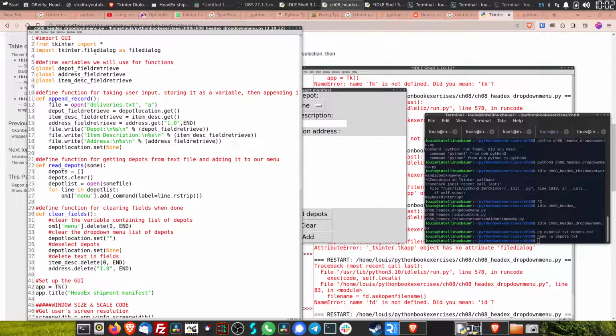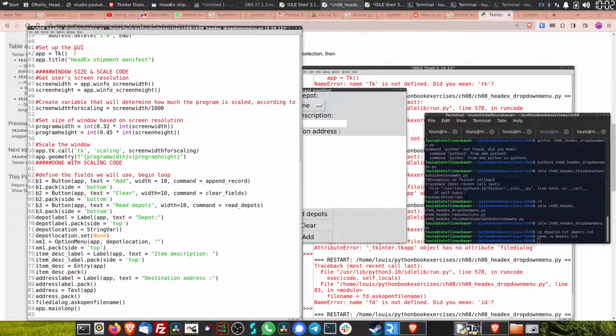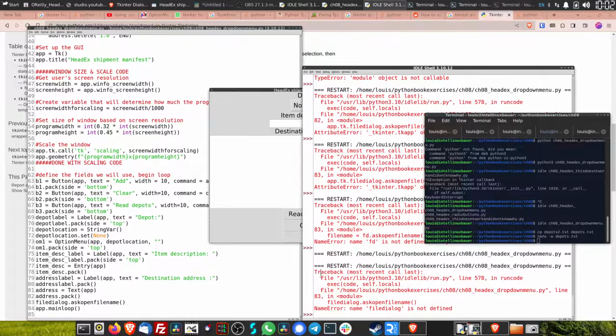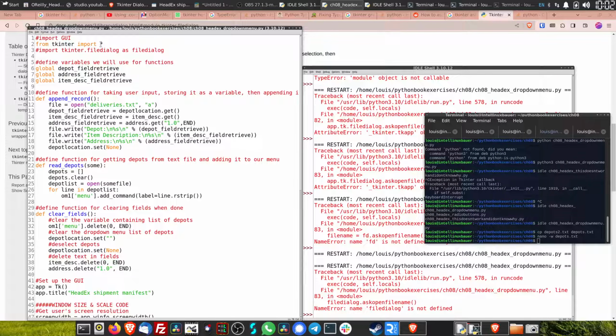So firstly, I imported this as file dialog. Oh, okay, here's the first question. And feel free to tell me I'm an idiot here, but if I imported everything already, then why do I have to import this again? Let me see, would this work if I commented that line out? See, file dialog is not defined, right? But okay, in my world, an asterisk means all. That means everything. So if I imported everything from tkinter, then why do I have to import this as a separate line? Is it because I'm assigning it an